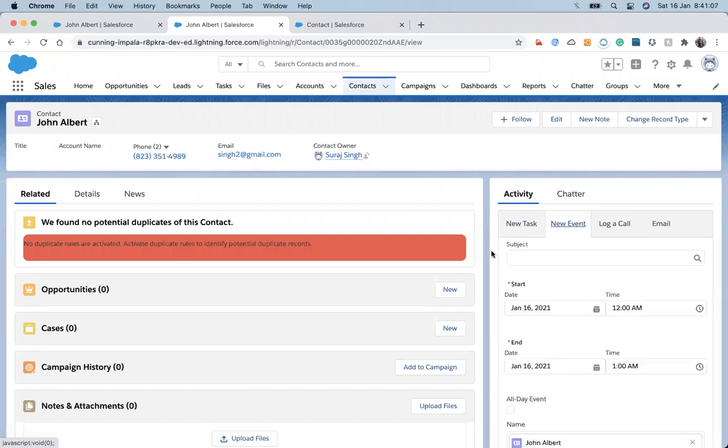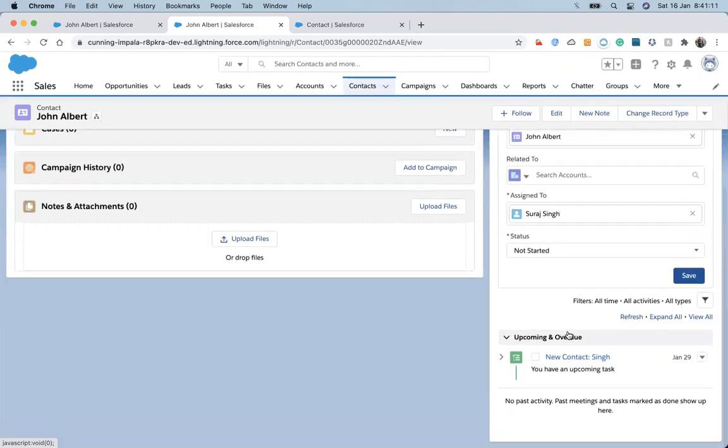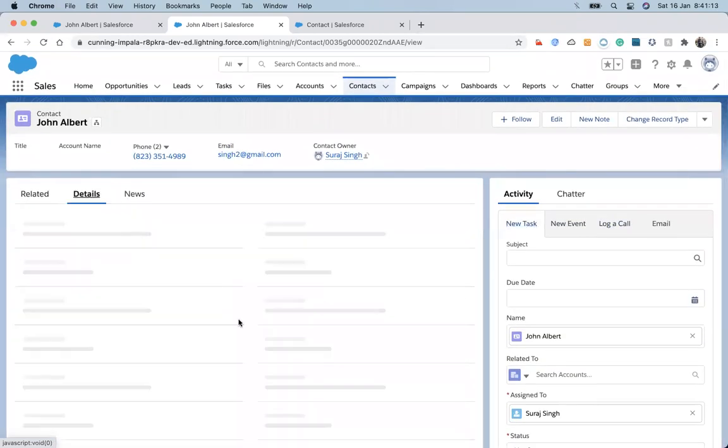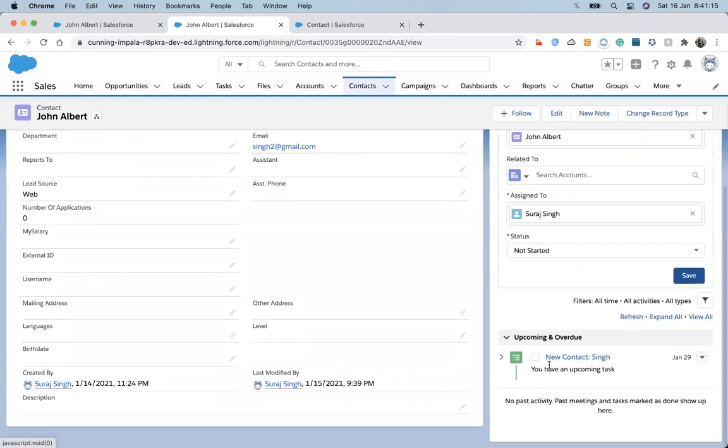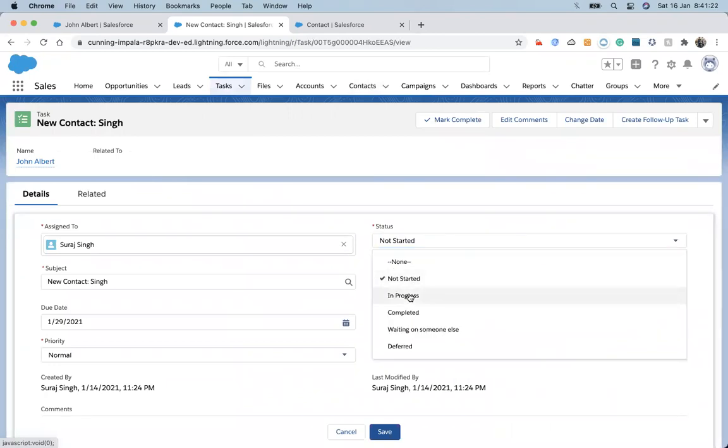And we also need to design a logic that whenever this status is changed from started to something else, in progress or something,